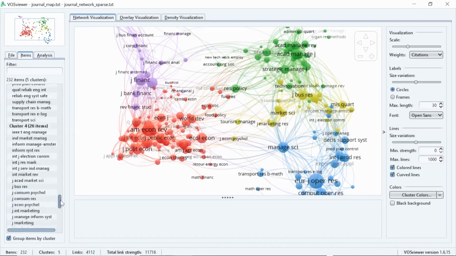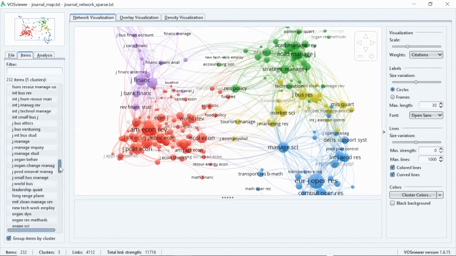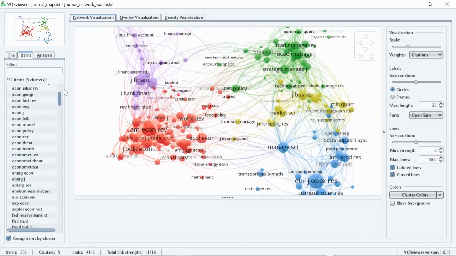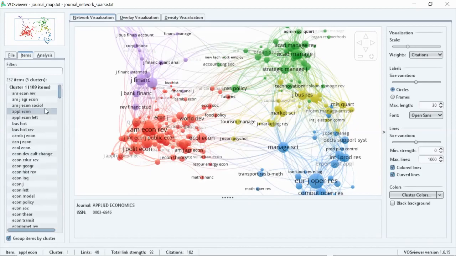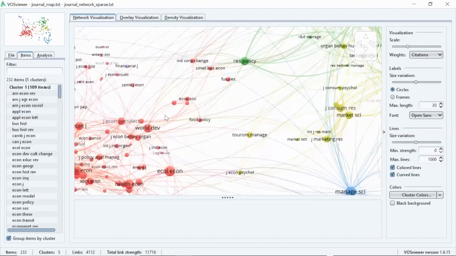So based on their similarity, based on the terminologies and names of the journals used in this cluster, you have to name them accordingly and group them. It will group them automatically, but you have to understand the similarity in the cluster and then write the analysis or interpretation accordingly. So this is how you do the analysis of the map actually.